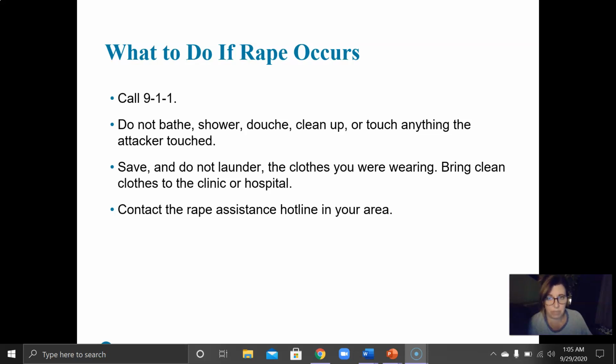If you know someone that's been assaulted, believe the rape victim. Encourage them to see a doctor immediately and to report the crime to the police. Be understanding. Recognize that this is a highly emotional situation and that it may take time for the person to bounce back. And encourage that person to seek out counseling. That's truly very important, is to provide support for the survivor of this type of crime.